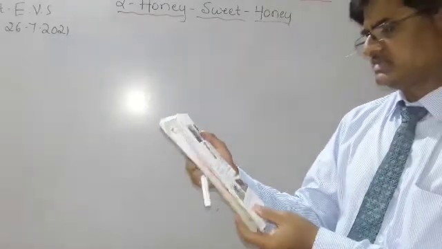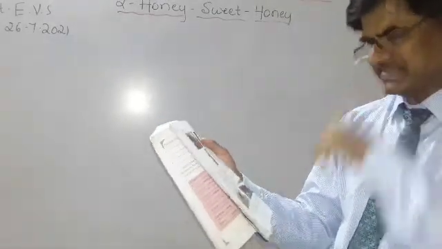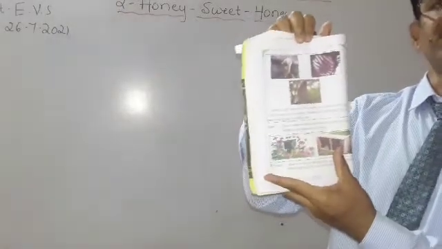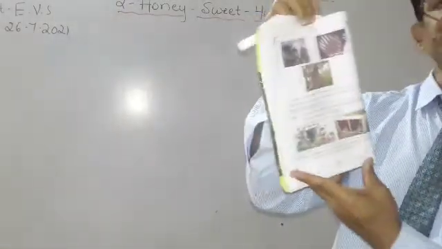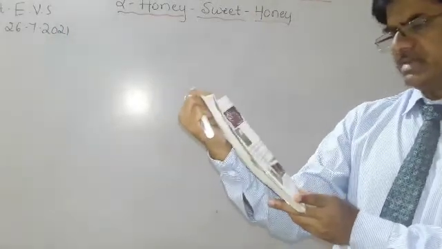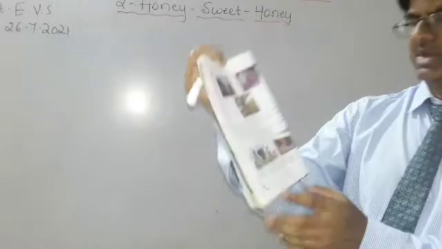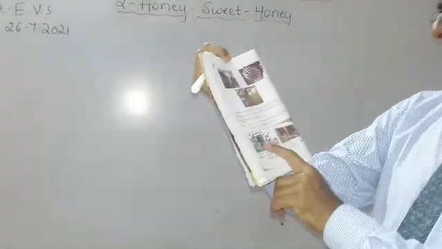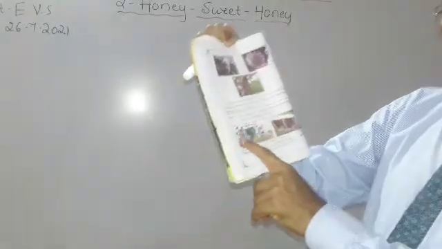The size of the bees and the type of hives are not the same. The size and shape are not the same. They are different. Some are small and some are big. Understood? And observe the different types of bees and hives around you. Here also you can see down here, in some forest and all.